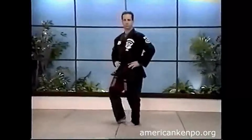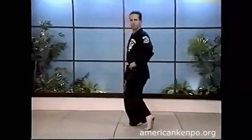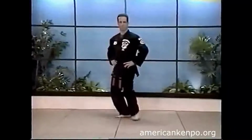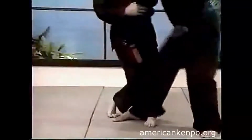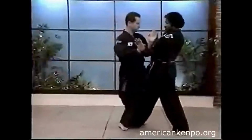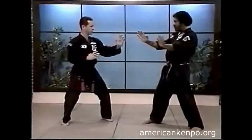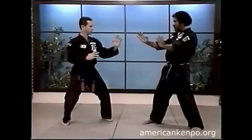The twist stance is of two types, front and rear. Both have numerous applications. They are more commonly used as a means to advance or retreat without rotating the trunk of the body, or they may be used as a stance change to protect the groin, to break a leg, to check, or when rotating out of the stance, they may be used to switch the forward and rear arms